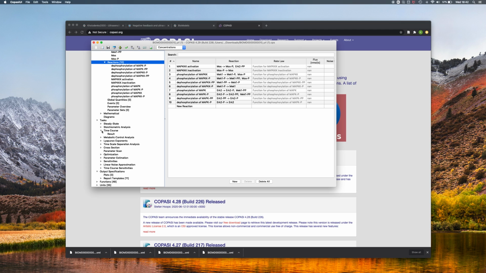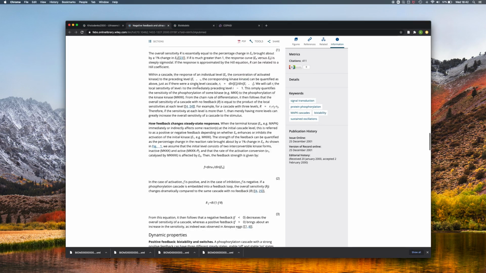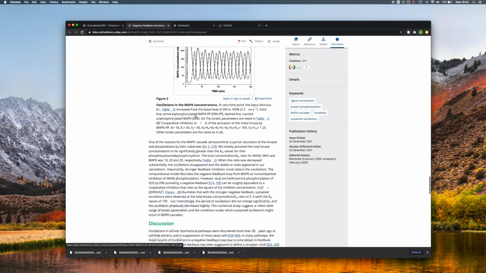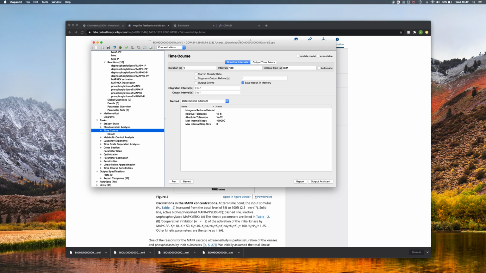Now to simulate the model, we basically need two pieces of information. First, time course information, which basically tells for how long we have to simulate this model. This information we can extract from the associated paper, which explains how much the simulation time should be. So we're trying to reproduce figure 2A. If you see here, this is simulated for around 150 minutes. So we'll try to do the same in our simulation, the time course result, and since this model is in seconds, we'll convert the minutes into seconds